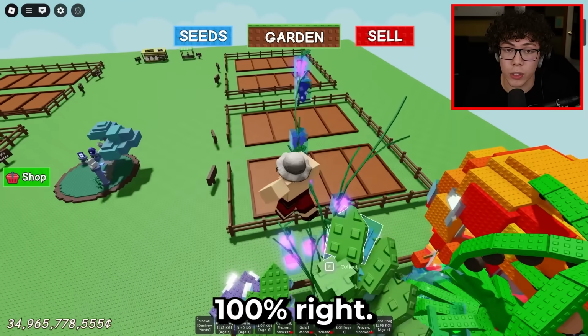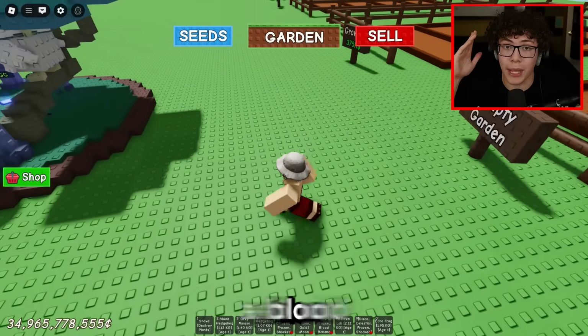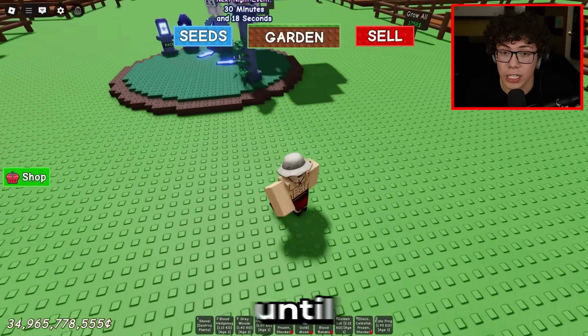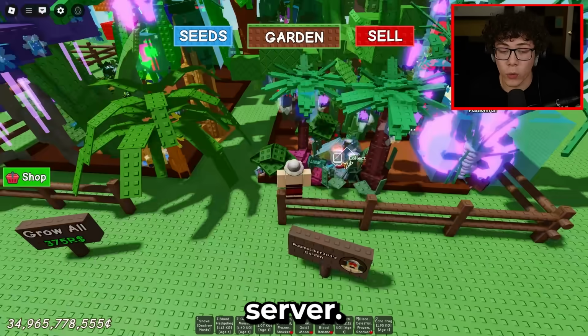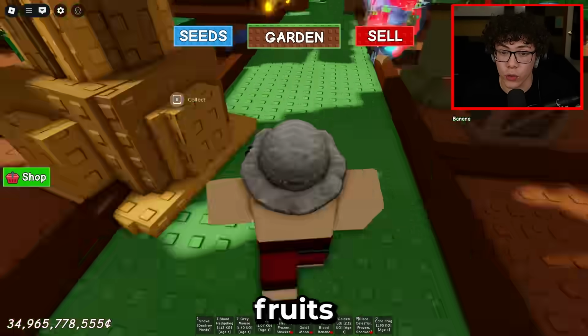It is 100% right, which means what you guys can do every time it's night and you want it to be a blood moon and it doesn't happen in your server, just keep on switching servers until you find a blood moon server. When you guys are getting moonlit, there is actually no way to target specific fruits because the